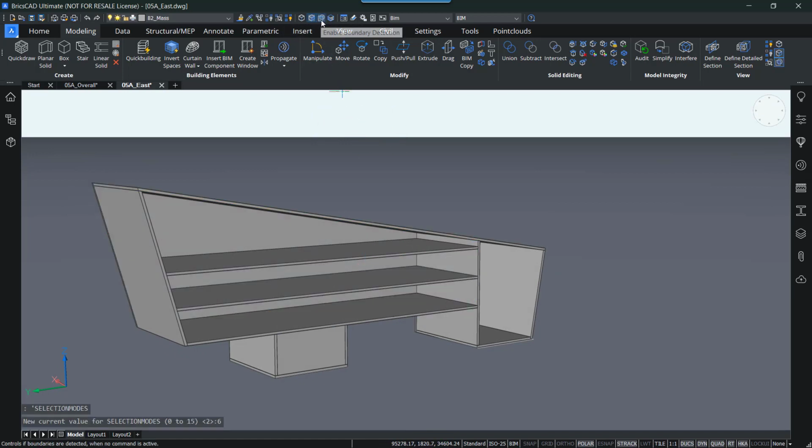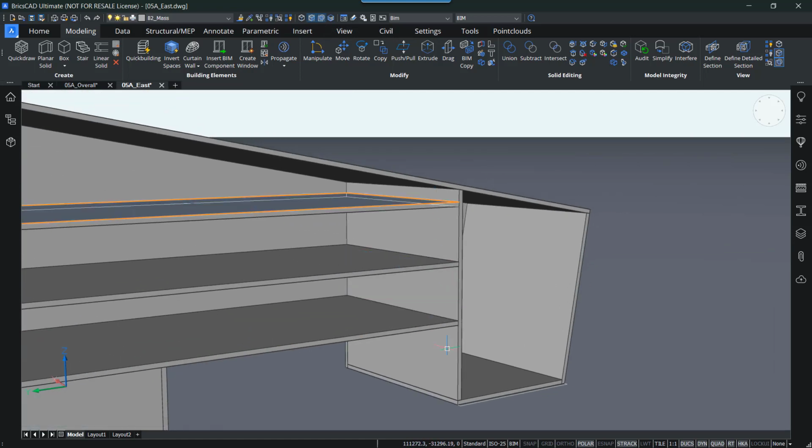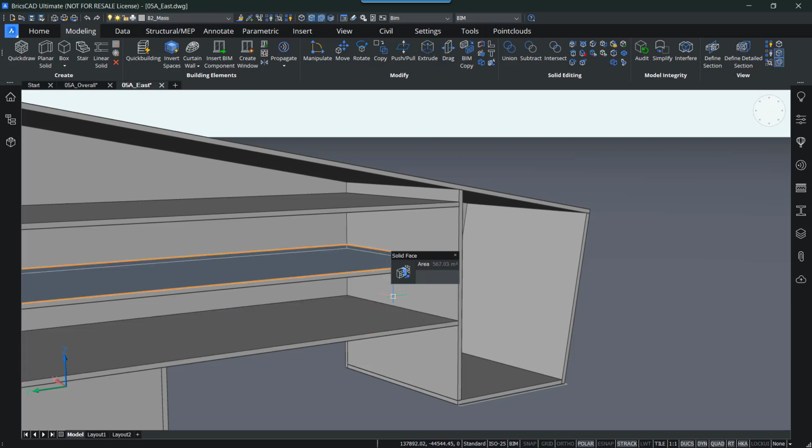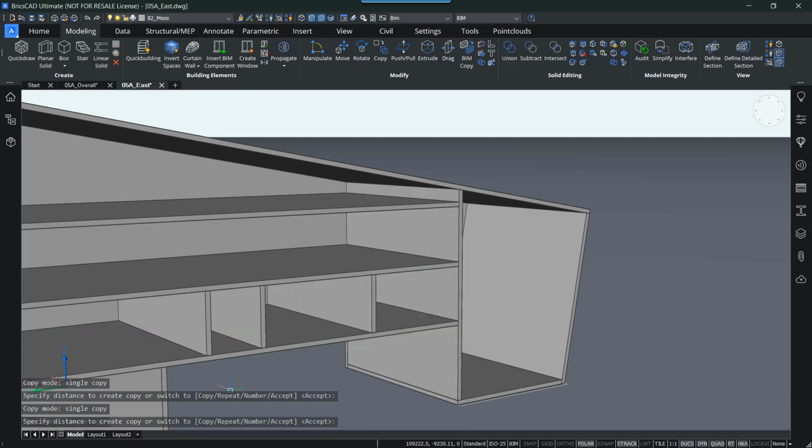If I toggle on boundary detection and I zoom in here, instead of selecting the entire face of this big wall right here, it just takes in account the area between the 2 floor slabs, so the green part right here. And then with that you can also use BIM copy to kind of create sections of walls.